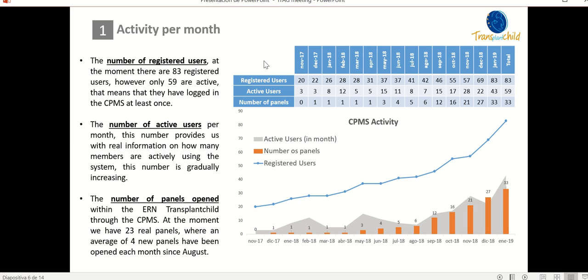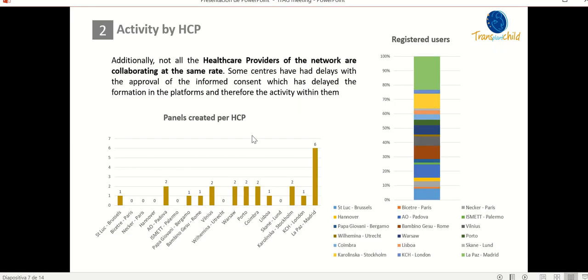We have also monitored which are the healthcare providers that are more active. Not all of the members are as active. For example, we have here a small graph where we can see that most members have included 2 panels of patients into the system. For example, the coordinator center has uploaded 6 different patients, and there are still some healthcare providers that have not included any patient in the